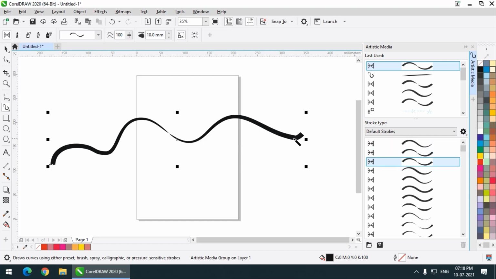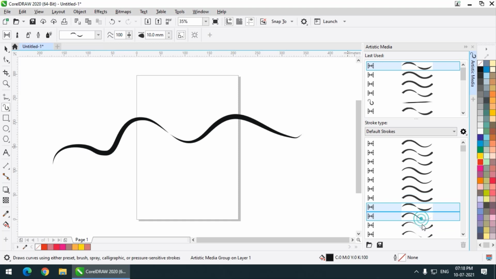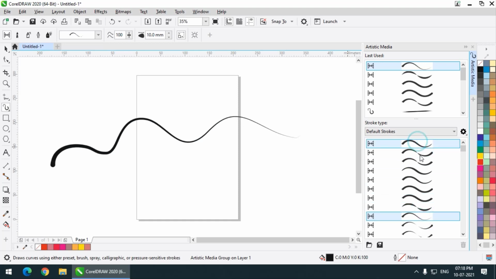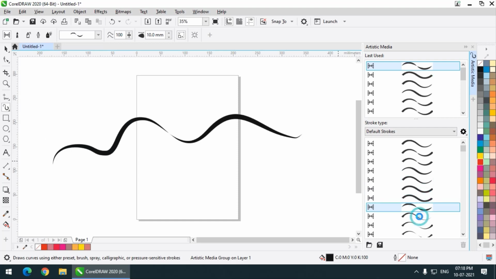So even if I choose a different tool after drawing it, it will change to that particular style. So these are all the styles or the strokes. As you can see, whenever I click on a particular style, it is getting changed into that particular stroke.